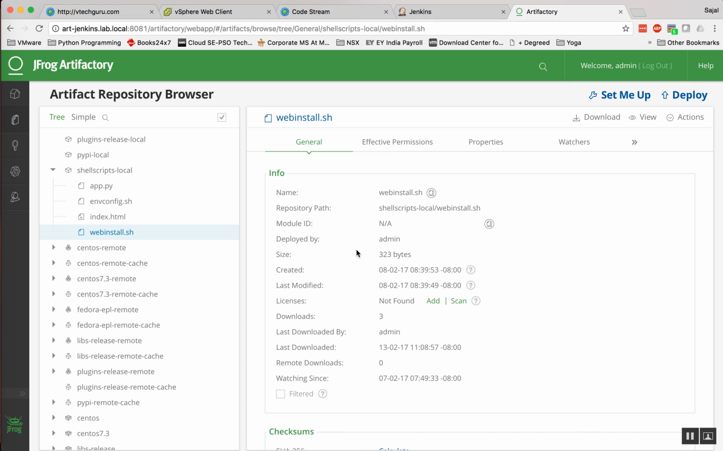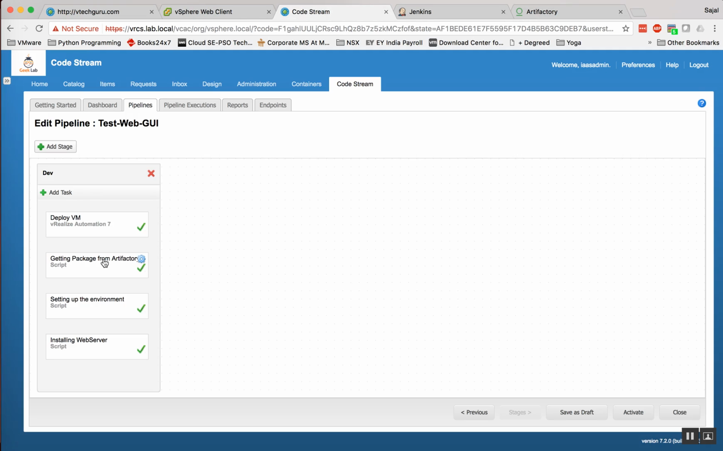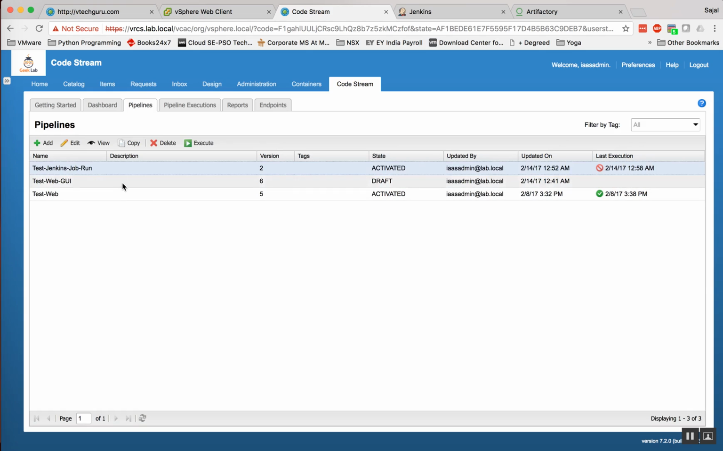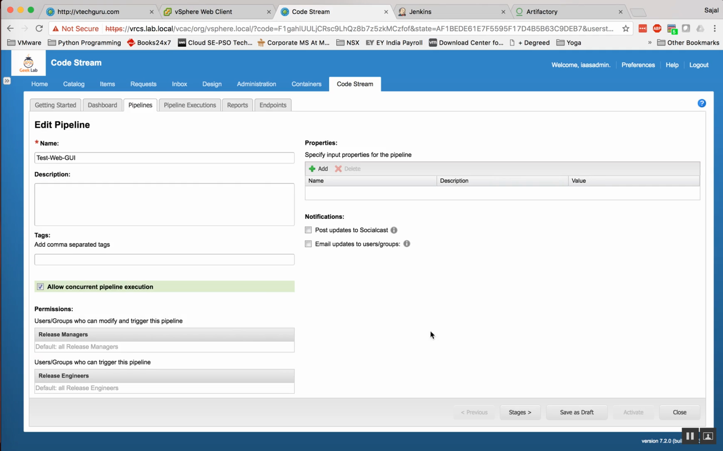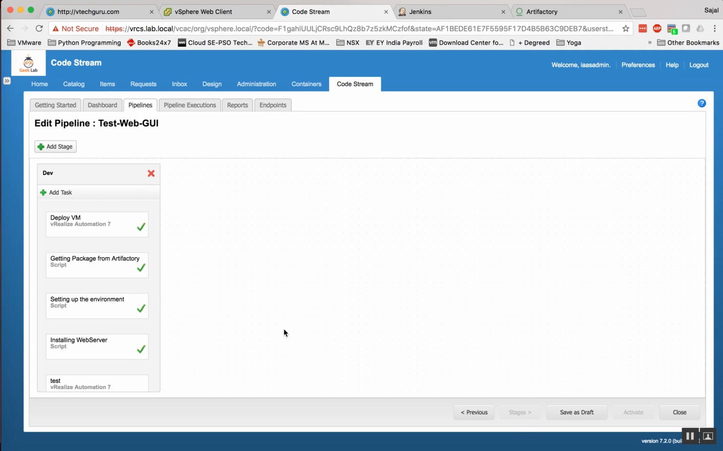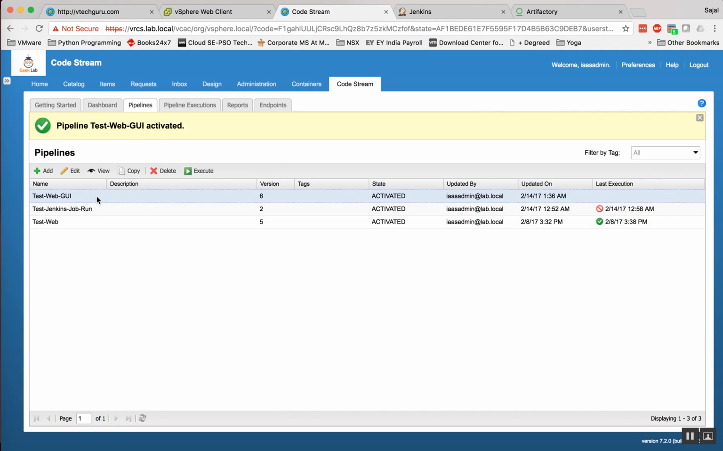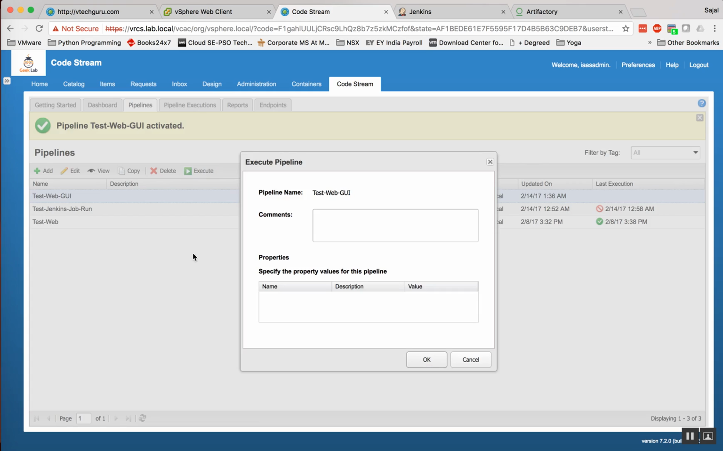The major idea is not how it is done. The thing is what I can do through it, using Artifactory as a repository and using Code Stream to automate my different tasks, right? Once this is done, you just click on save as draft and then activate, right? This is what you do. Now I can execute this task. Let me just delete this and then save as draft and activate, right? So now this task is activated. I can execute this task,